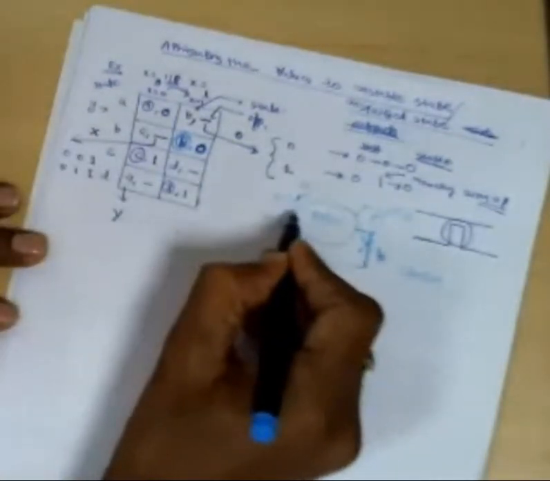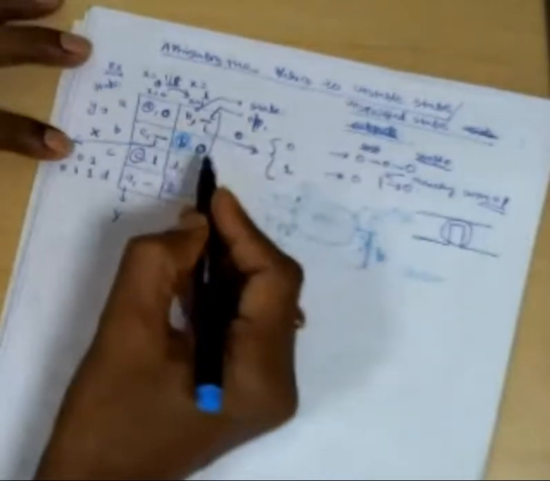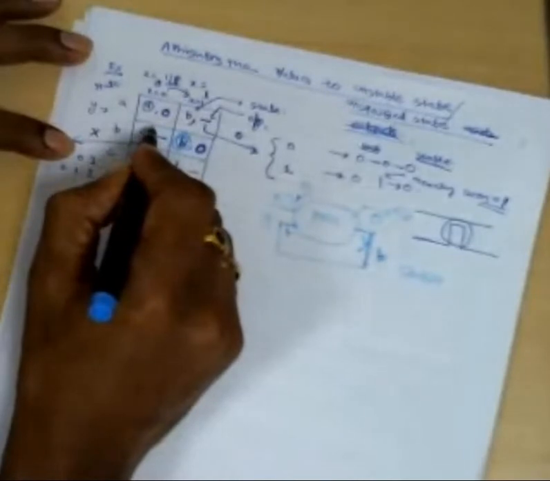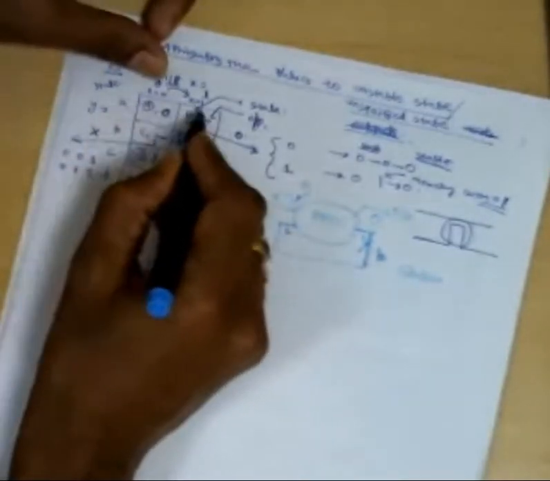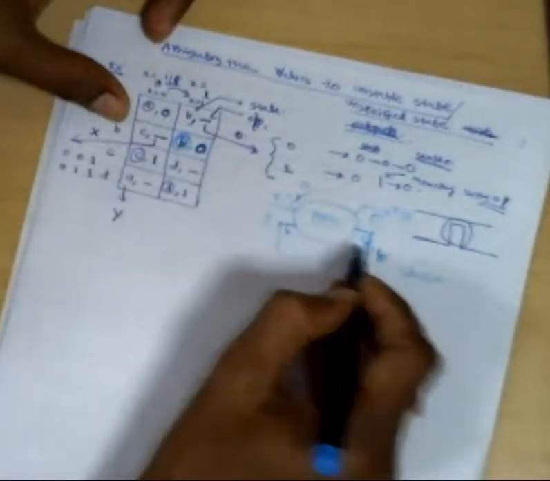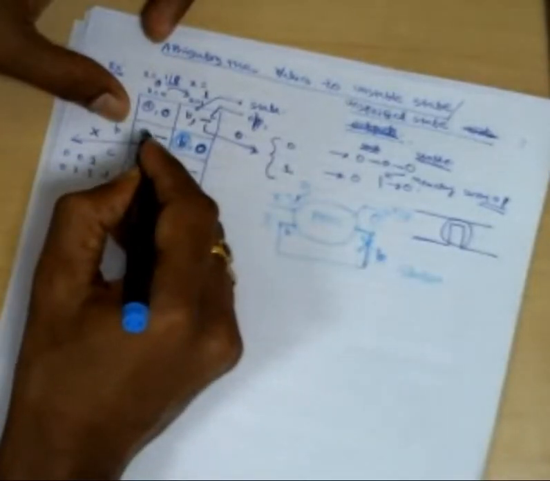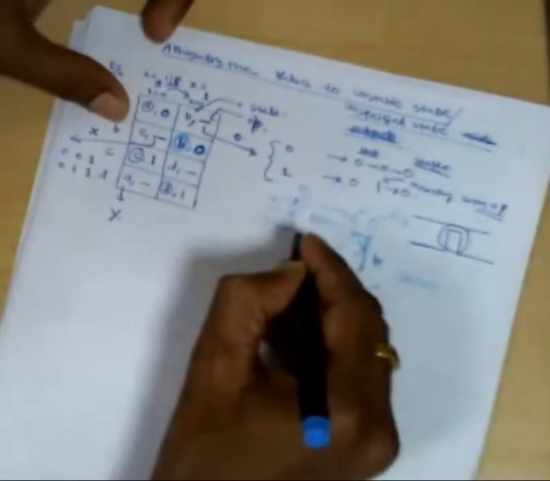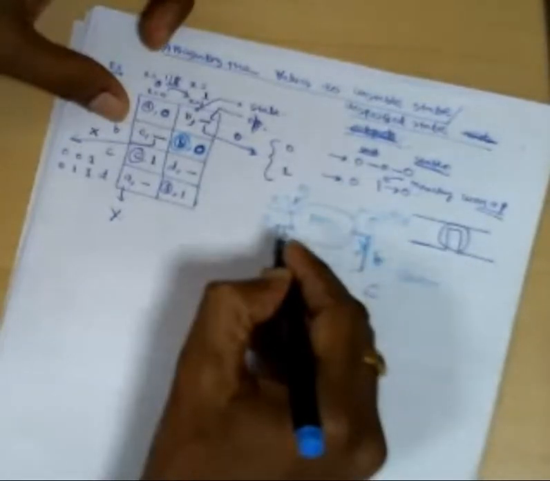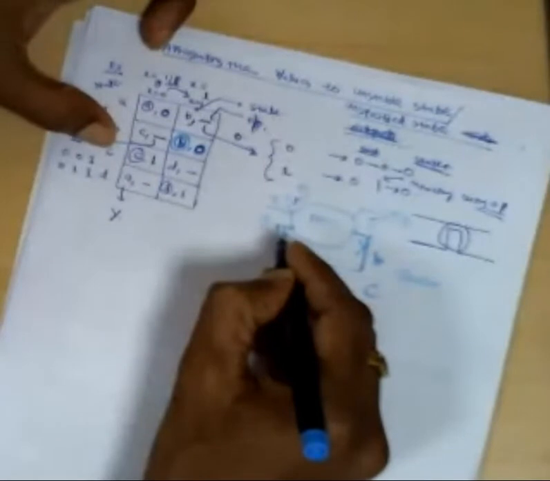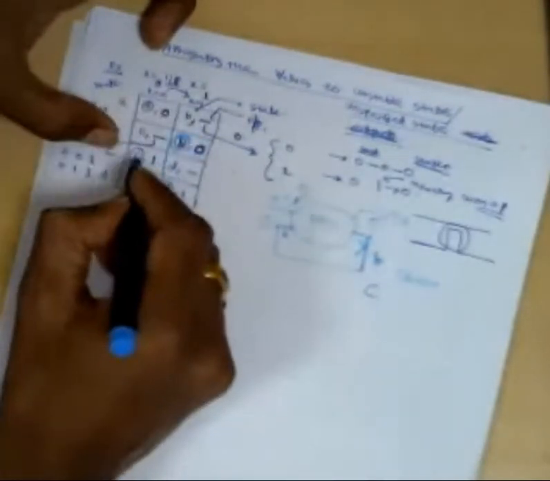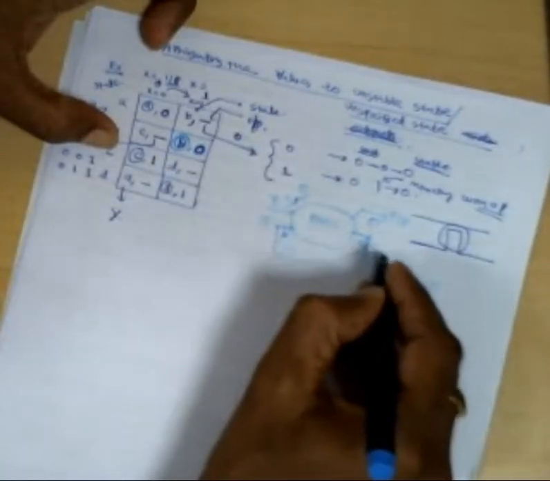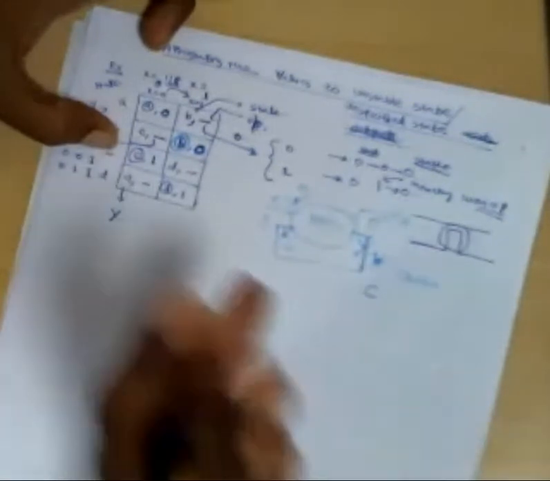I am changing the input to 0. So whenever I change the input to 0, this column comes into the picture, because input is 0. Then the next capital Y will be C. Then that C will propagate back here. When the capital Y is C, the small y will become C. So when I come here, X equal to 0, capital Y is also C. The B becomes a C, and the circuit is in a stable state, but the output becomes 1.